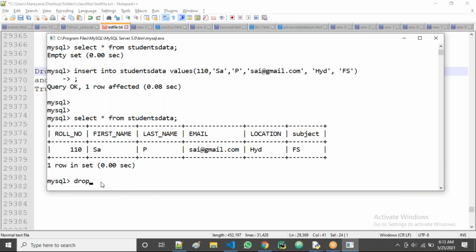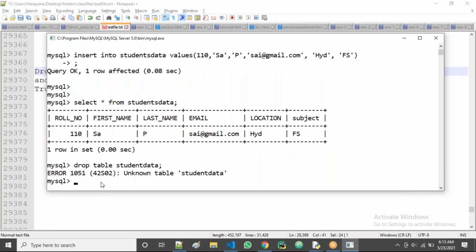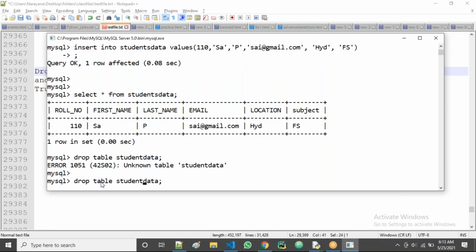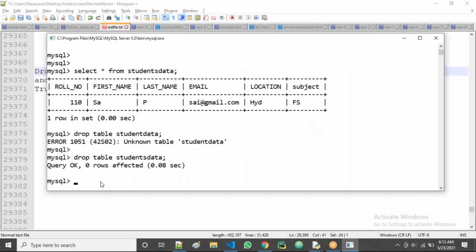Coming to drop table, students data. Drop table students data, guys. Spelling mistake, students data, right? Okay, so drop table is not about a specific number of rows, guys, because it is not working at the row level; it works at the entire table level.